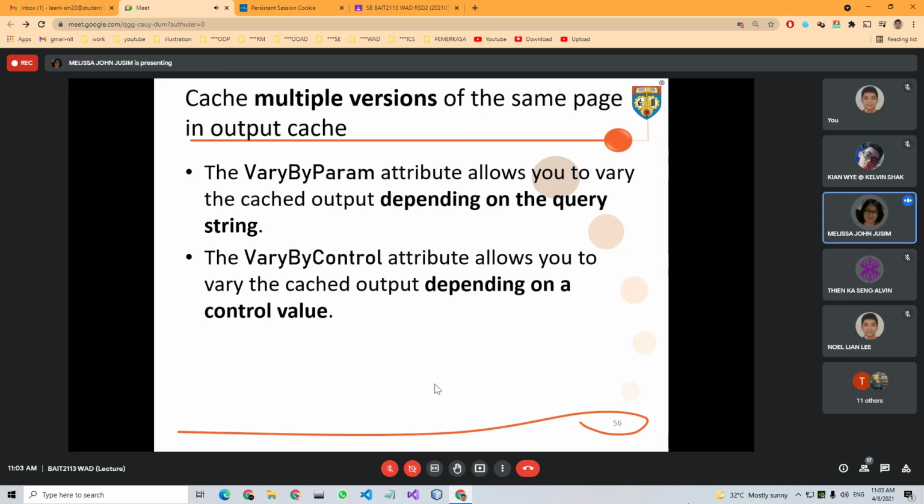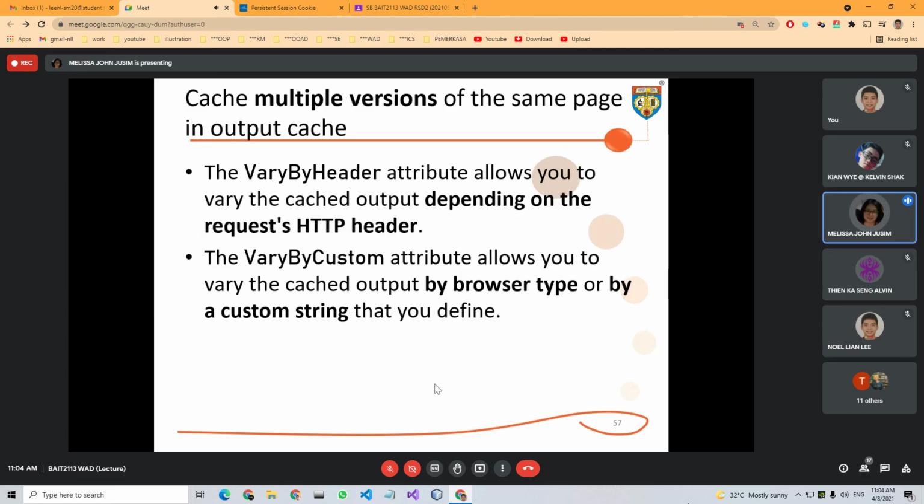So these attributes allow you to cache multiple versions of the same page, depending on, say, your query string. If you don't want to query the whole contents of your page, then you can use VaryByParam and set which parameter you want to store in your cache.